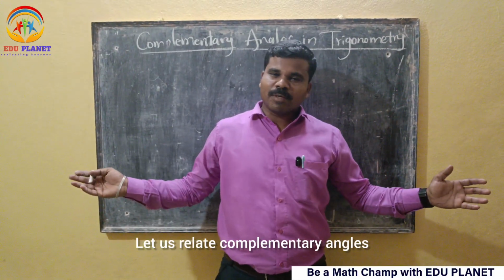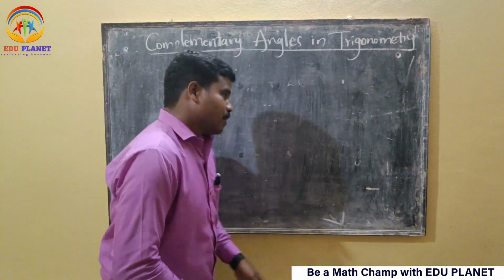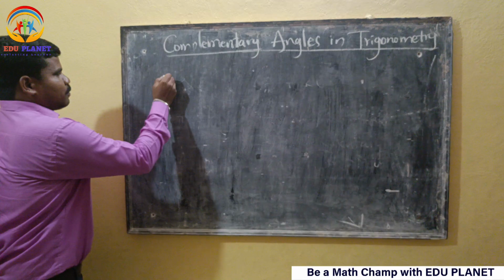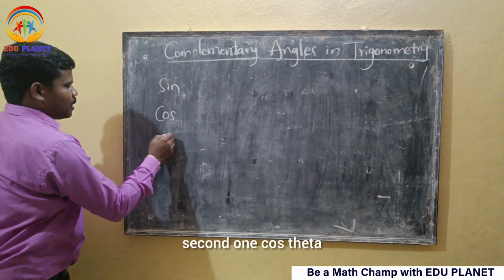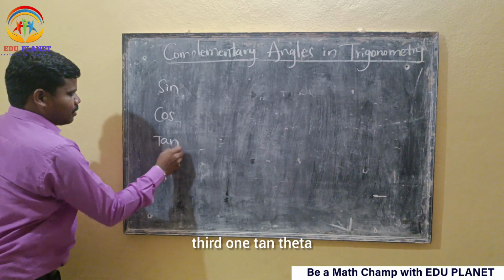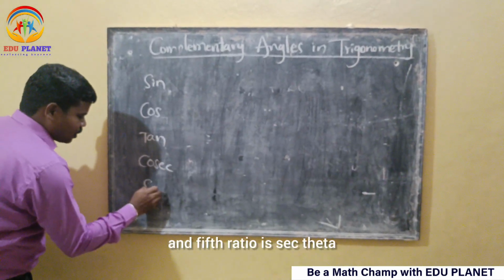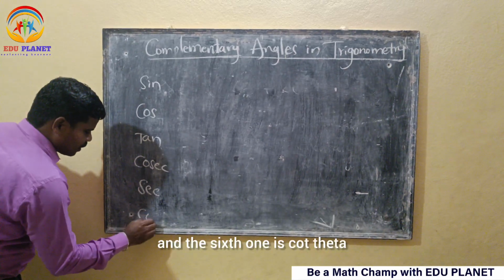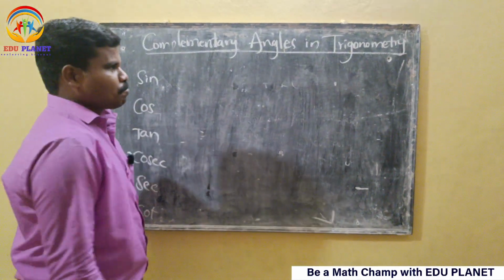Let us relate complementary angles and the 6 trigonometric ratios. The first one is sin theta, second is cos theta, third is tan theta, fourth is cosec theta, fifth is sec theta, and the sixth one is cot theta. See here,